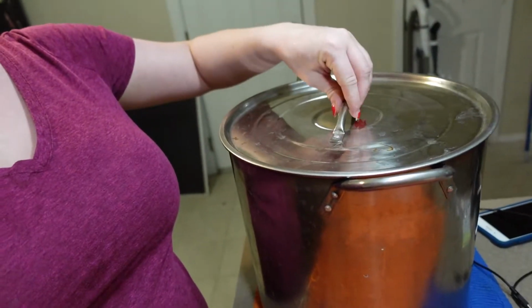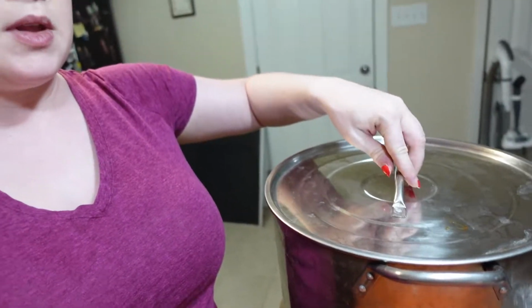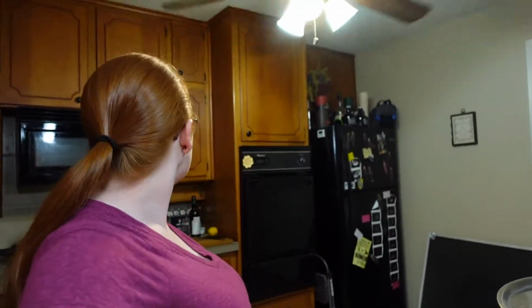I really needed to clean out my freezer to get ready for milk for the baby, so overnight last night I made some chicken stock. I had probably 5 or 6 chicken carcasses and a couple of bags of veggie scraps that I tossed into this pot. I just took it off, or really my husband did, it was too heavy for me. It just came off the stove, so it cooked for probably close to 20 hours. It was kind of a while. This is the longest I've ever cooked stock before. I was really shooting for 24 hours, but I didn't want to have to wait until almost 8 or 9